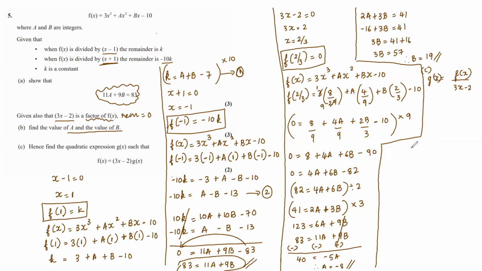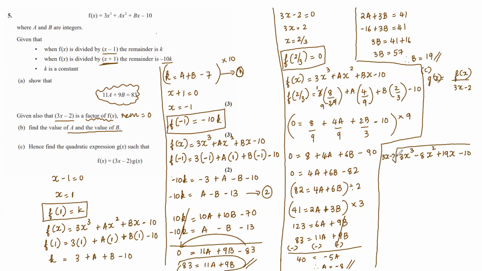Now we need to do the long division method. f of x is 3x cube plus a is minus 8, minus 8x square, b is 19, so 19x minus 10, we need to divide this